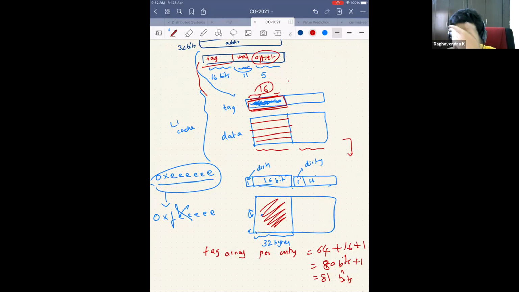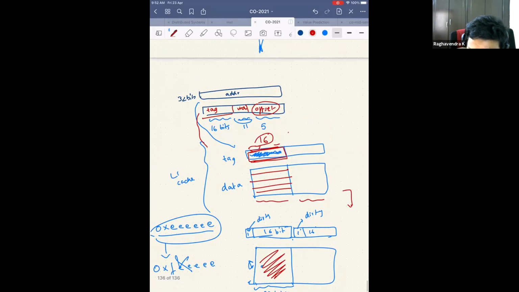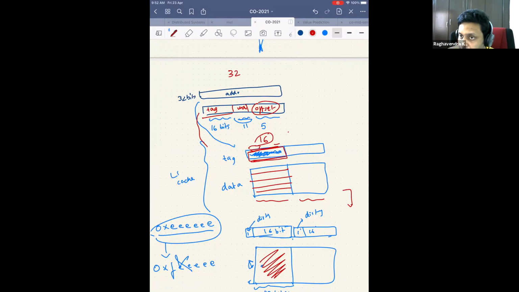Yes, sir. Right, but this has nothing to do with the CPU address. CPU address is still 32 bits. So don't confuse the CPU address bits with the extra payload that you are having at the tag, the extra bits that you are having at the tag. So the tag array contains the tag bits, which are the part of the address, and any number of extra bits that you want to plug in here. You can come up with anything that you want.